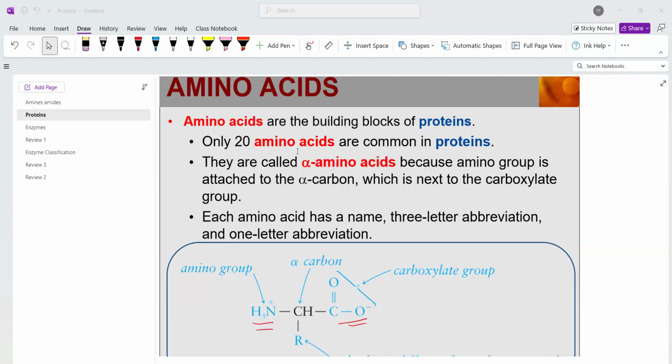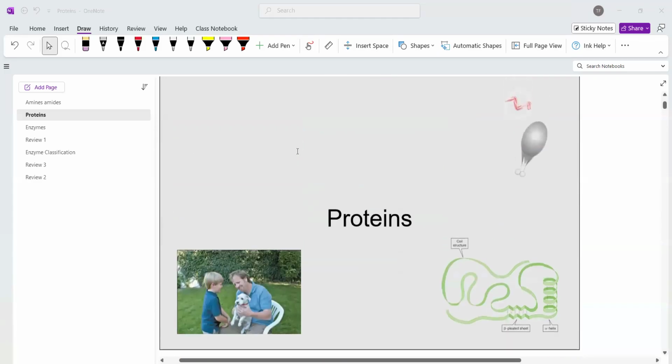Okay, proteins. You've all heard of proteins, and these guys are a big deal in our body. We have millions of proteins in our body. All the enzymes are proteins. The smaller molecules like insulin are polypeptides. They're just all over the place. They really are really, really important